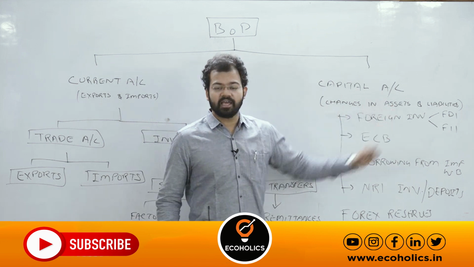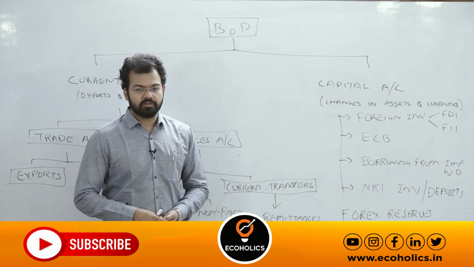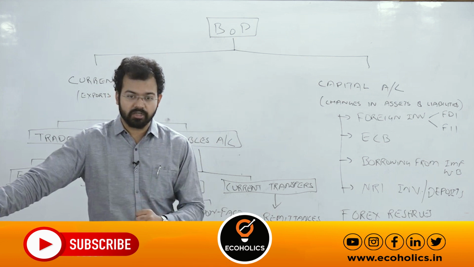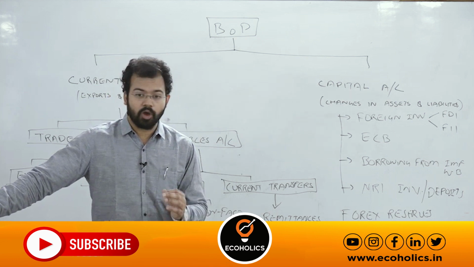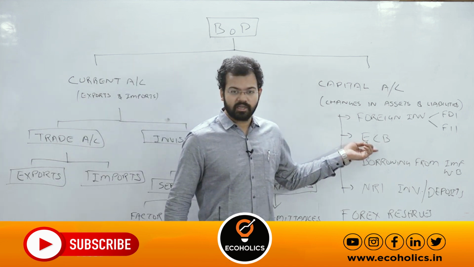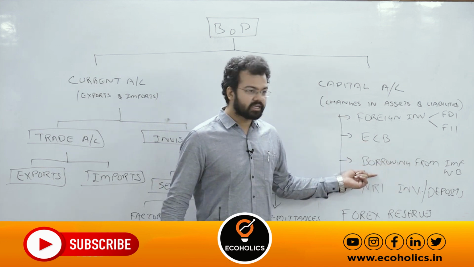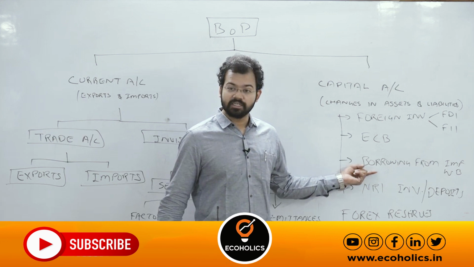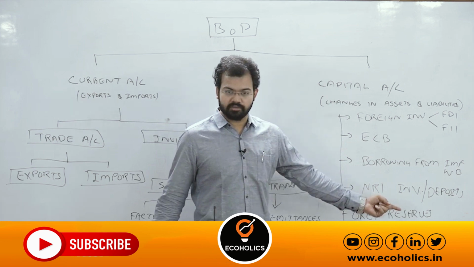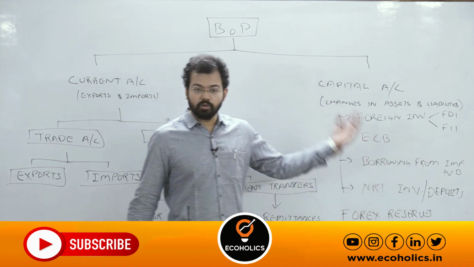Current asset and liability. Remember the discussion in the last class or yesterday's class. I was saying that India has been attracting foreign direct investment because it is the source of non-debt finance. Whenever you consider ECB, it creates debt. Whenever you are receiving borrowing from IMF and World Bank, it comes under the category of sovereign debt. This is a debt on India. This is a debt on a particular company. And NRI investment deposit. So you are receiving foreign exchange. It means your asset will go up.